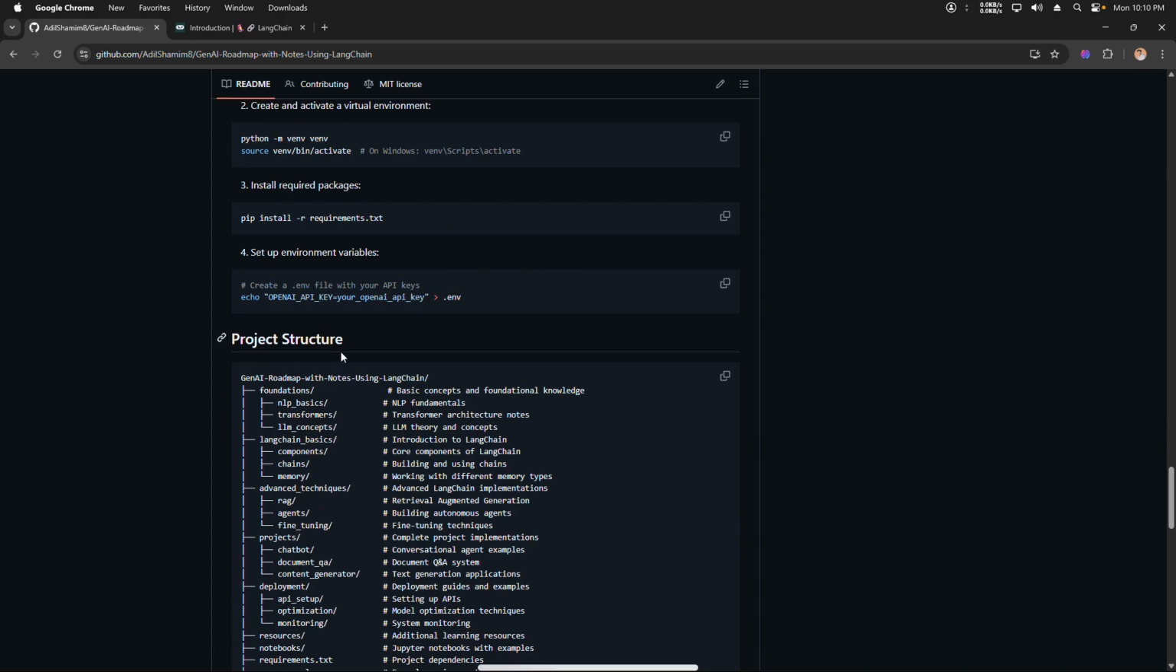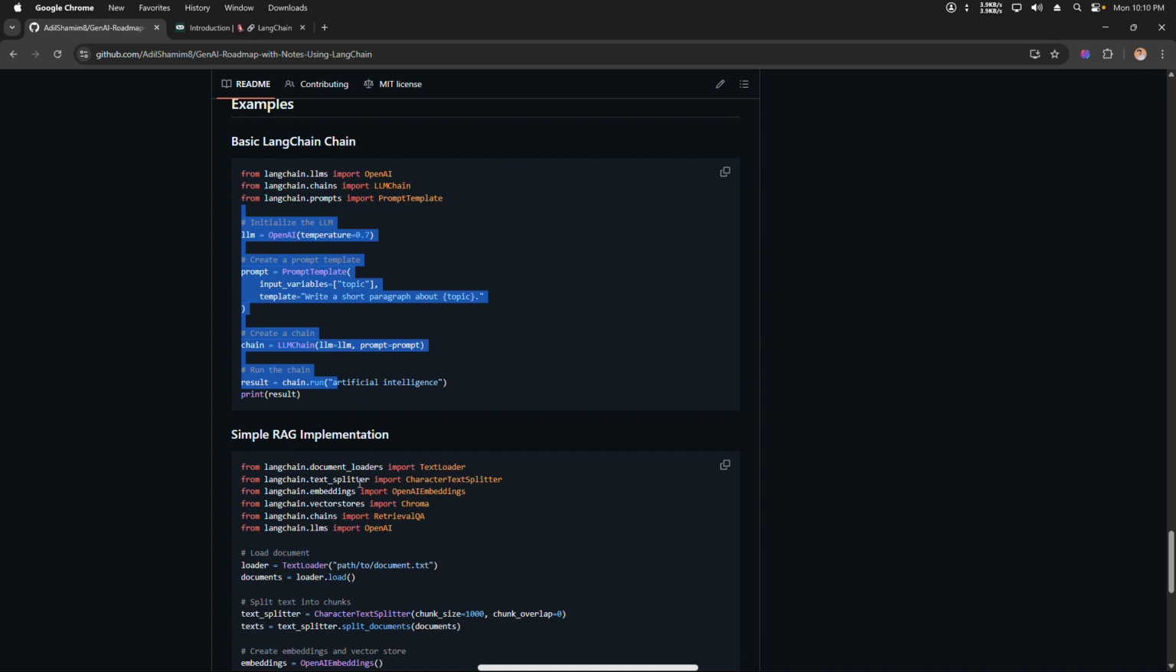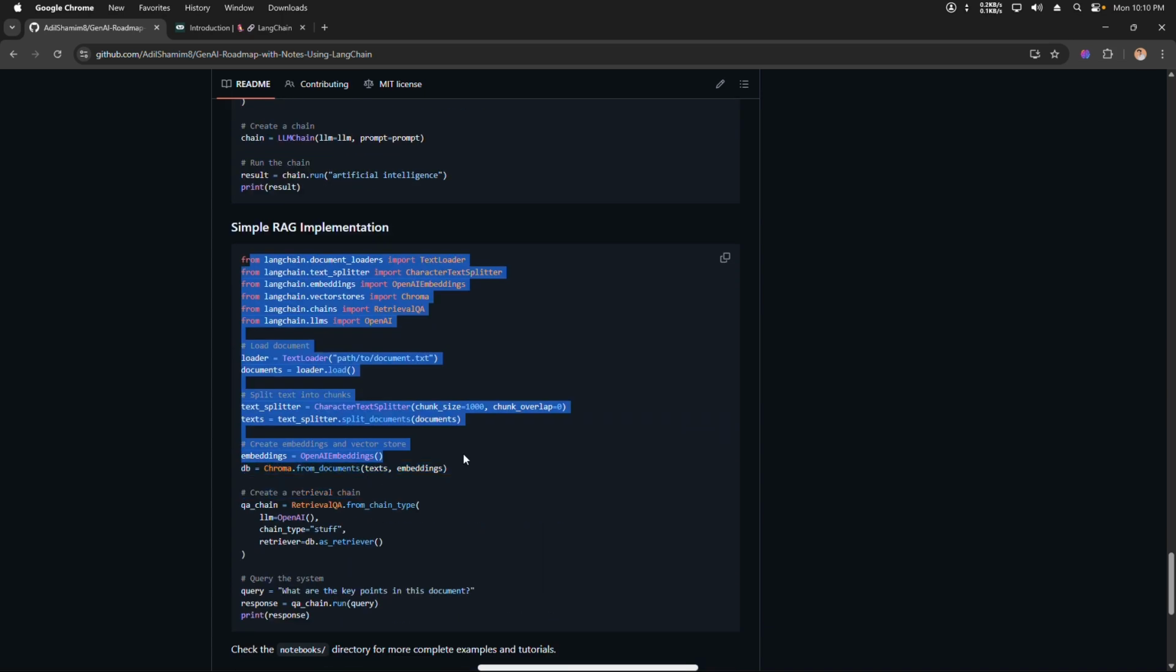And here is some project structure. An example of the basics of how you can use this: Python code and RAG-based code. Okay,